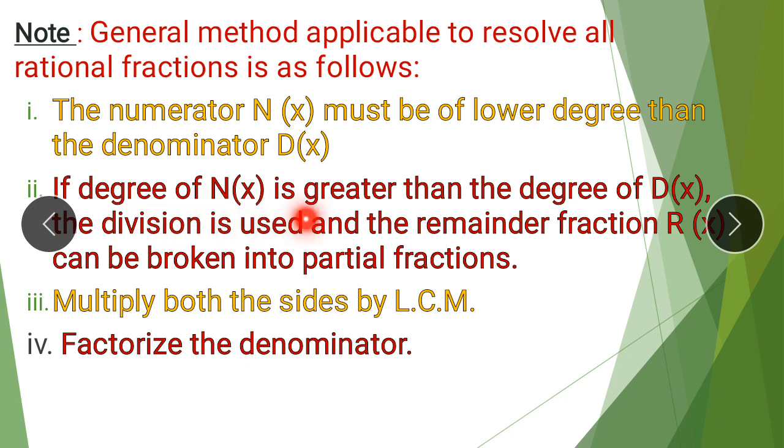The next point is, if the degree of the numerator is greater than the degree of the denominator, division is used and the remainder fraction can be broken into partial fractions. The next is how we can convert the degree of the numerator into a smaller degree. It can be done by division. Third, multiply both sides by the LCM in order to eliminate the fractions. And the fourth one is that we have to factorize the denominator. If the denominator is not in factorized form, we have to factorize it. These points you have to keep in mind,